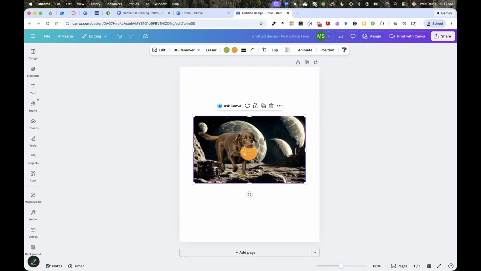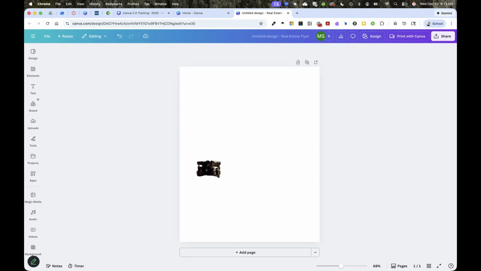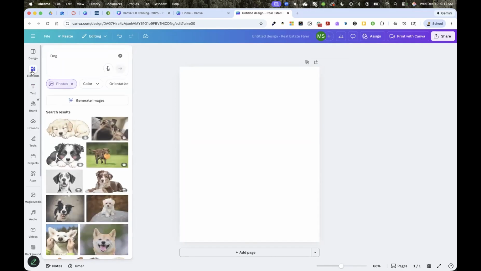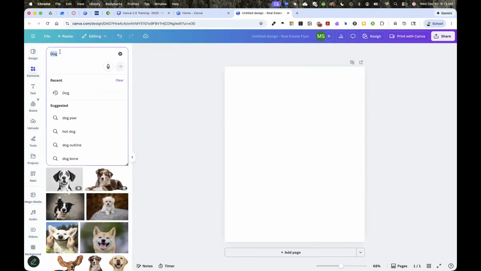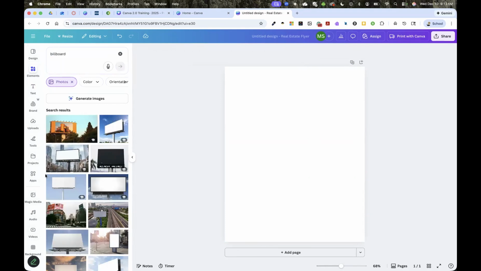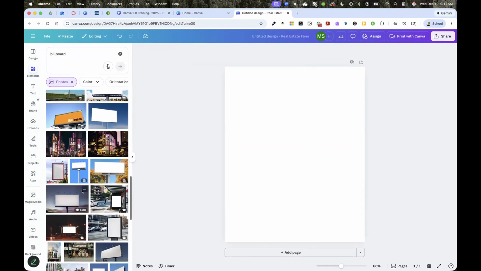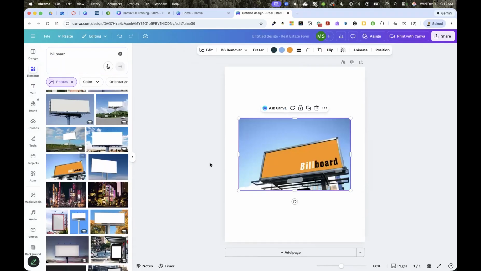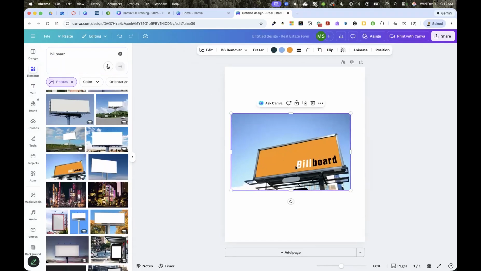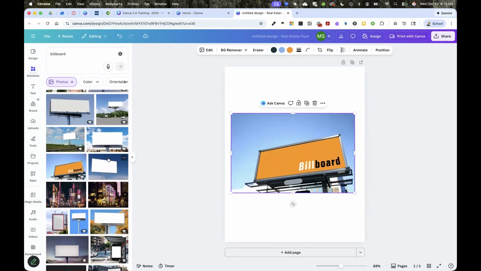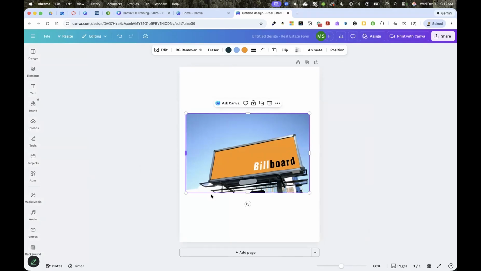The next one I want to show you, I can't really do with this photo because it doesn't have any text on it. So I'm going to grab another photo. Let's do elements. Let's do a billboard. And we'll just choose this one right here because I want to be able to have text. All right, so get rid of this right here. All right, so clicking on edit